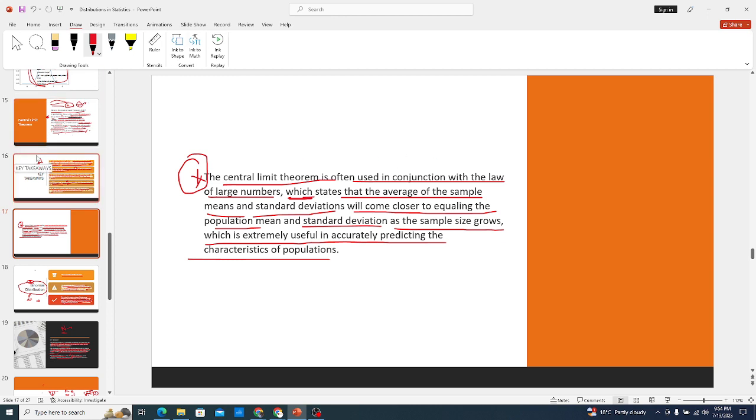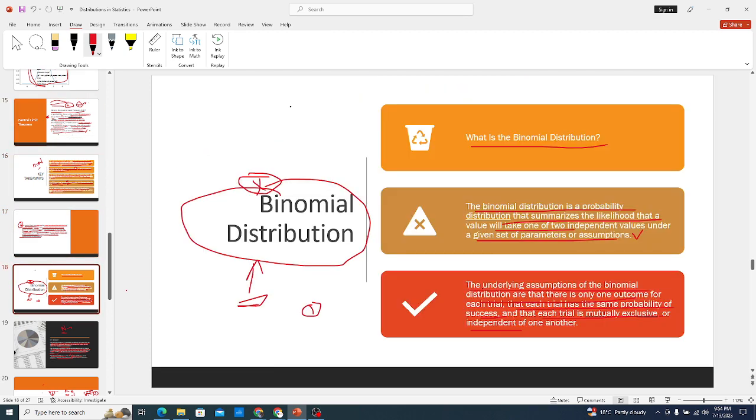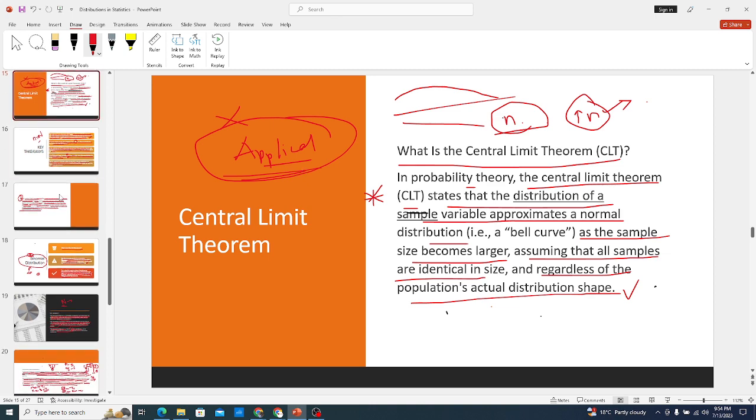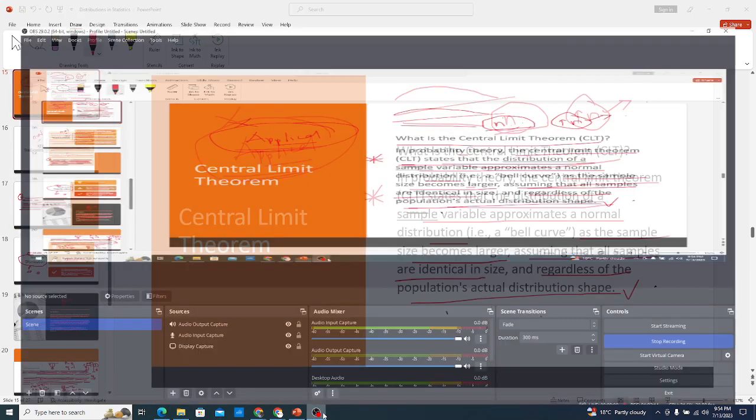So that's all about the central limit theorem. It has very many applications. Please go and check applications of the central limit theorem in real-life situations. All right, then I will request